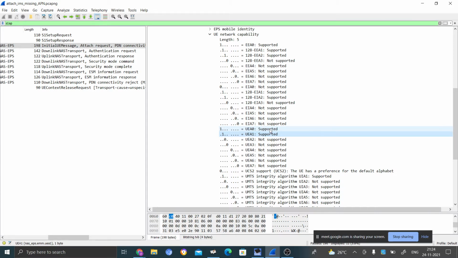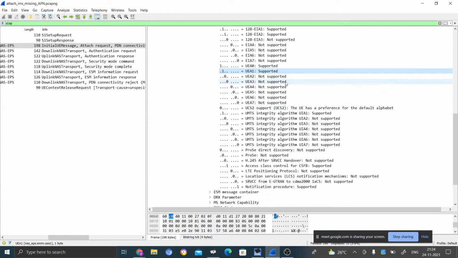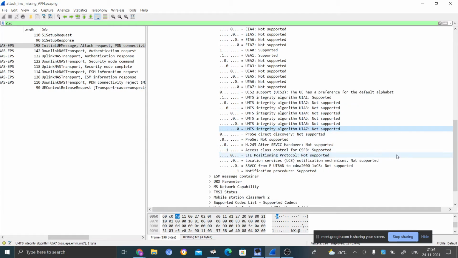Or when the UE is switched on and there is no LTE coverage but it gets 3G coverage, it tries to register in the 3G network, if not, the 2G network. UEA0 is an encryption algorithm here. This is also an encryption algorithm. Other than this, the integrity algorithm UIA1 is supported, all others not supported.